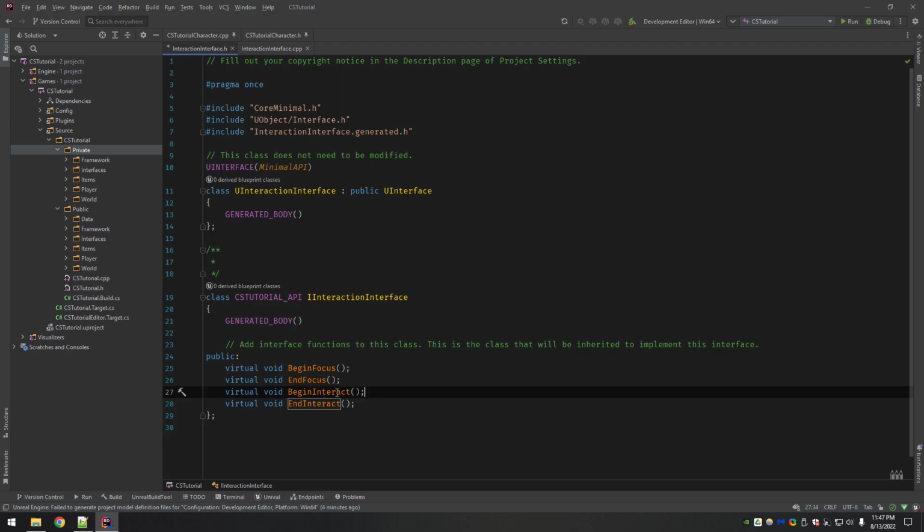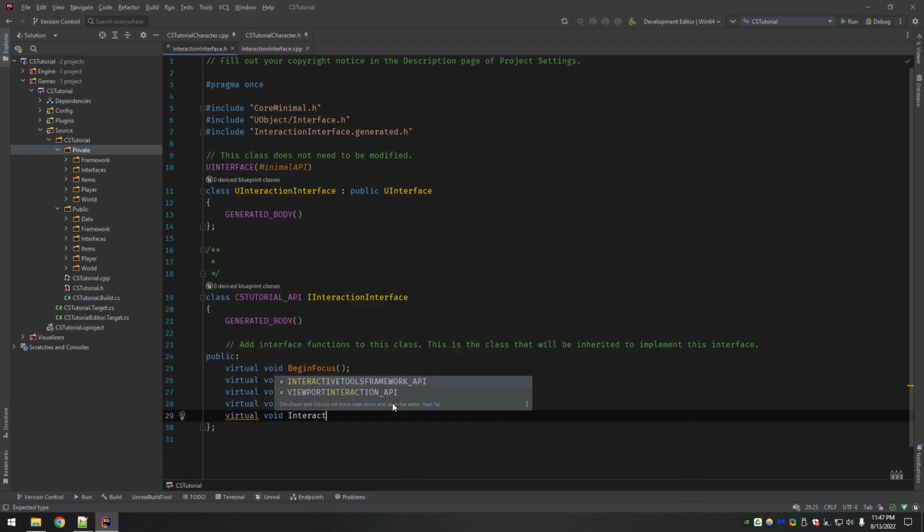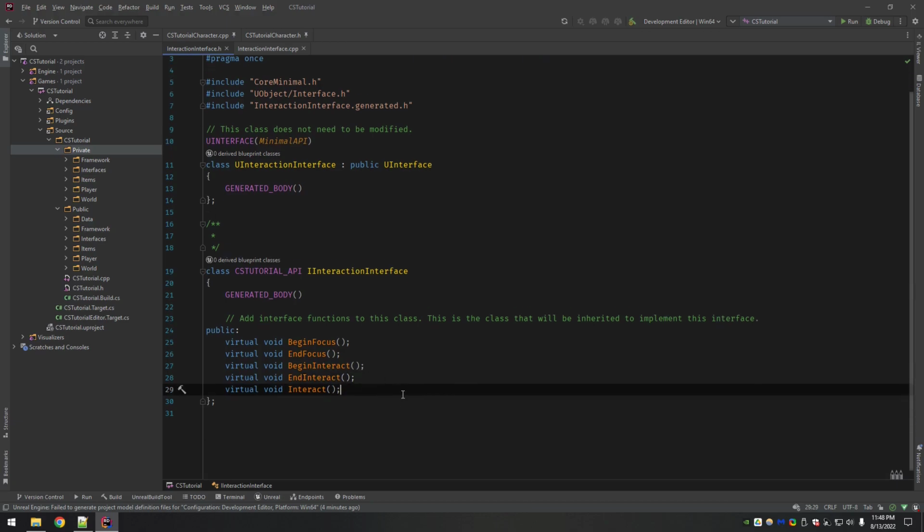Otherwise, we start a timer and we display some feedback to the user, and once this is done, then we can call interact. And obviously, like I said, if the interaction duration time is 0, then you just call interact directly. So it's just a way to kind of build this in on the front end, so we won't have to go back and add that later on.